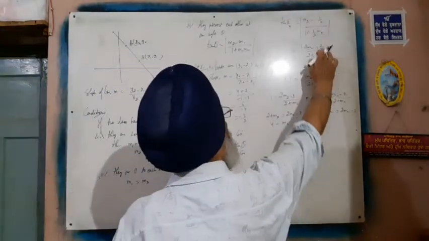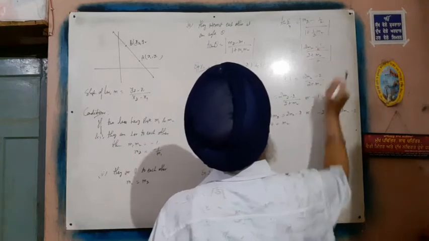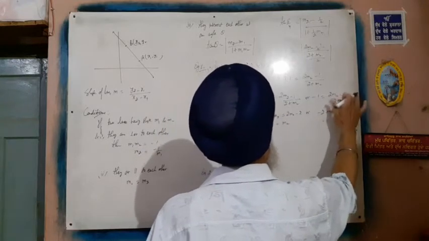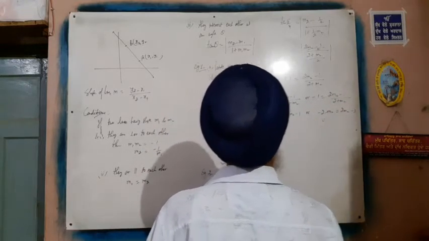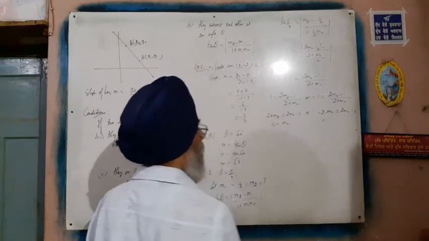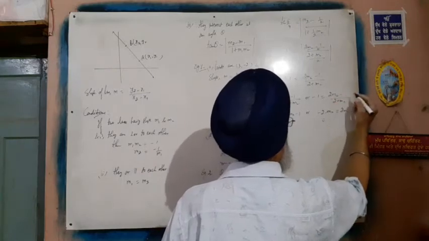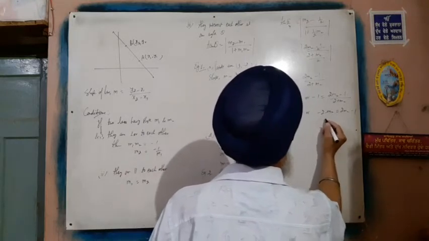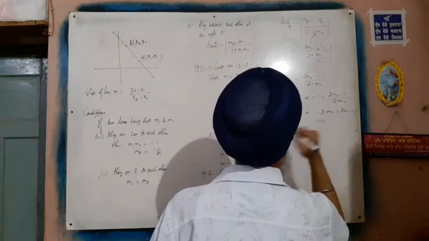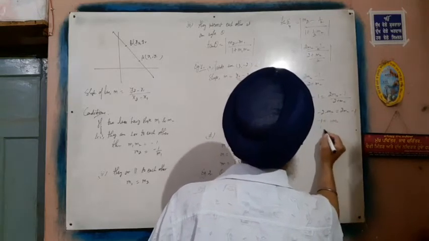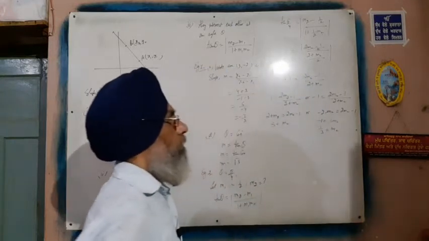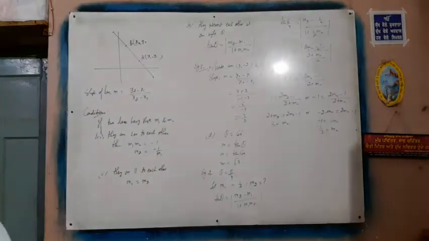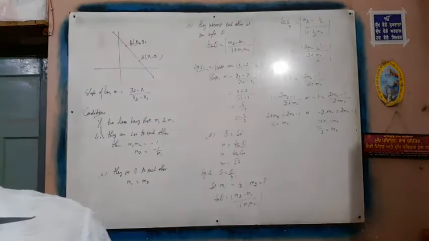I have got a mistake here. I have to write 1 here. Okay, 2 plus m2, it is again 1 here. Check here, it is 1. Okay. So what is m2 now? That is 3. Here also it is 1. What does this come to? It is 3m2, okay, it is minus 1/3. So what will its slope be? It is either 3 or minus 1/3. Let us see the next one.